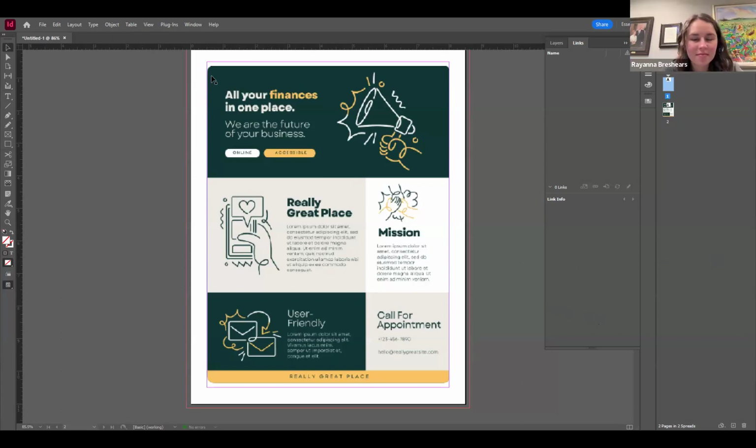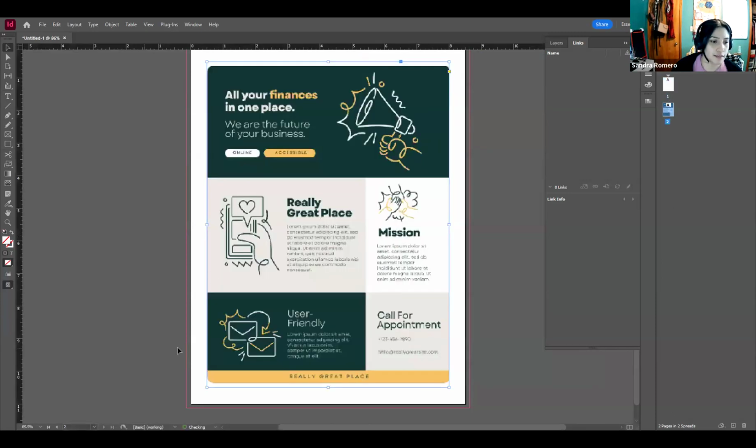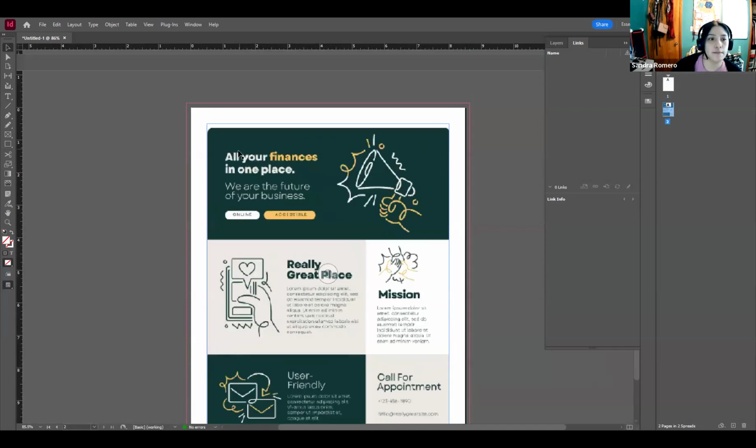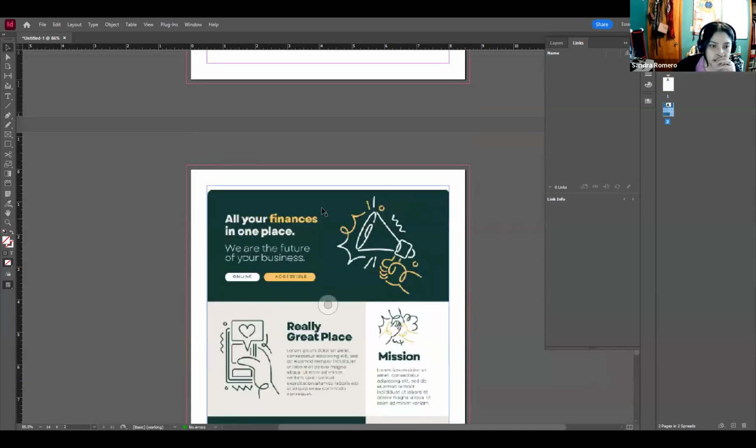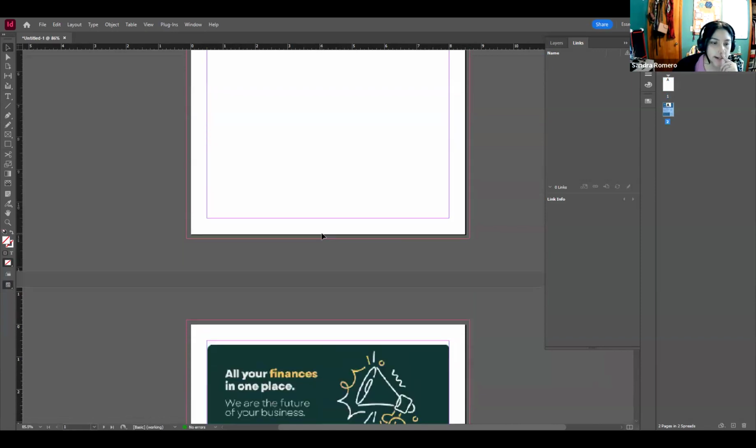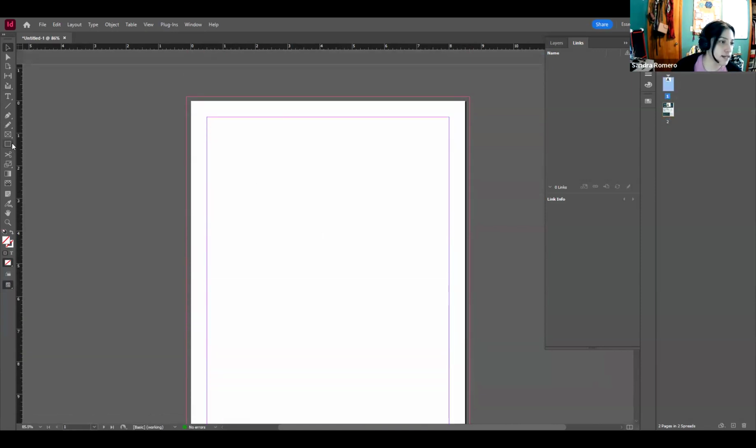So in this case, I see that there is a grid here. There are 3 rows, 1, 2, 3, maybe 4. And then here's 2 columns here, 1 and 2. So let's start with the first one. That looks like a shape, right? So I'm just gonna go ahead and do that first by hitting M for the rectangle tool,